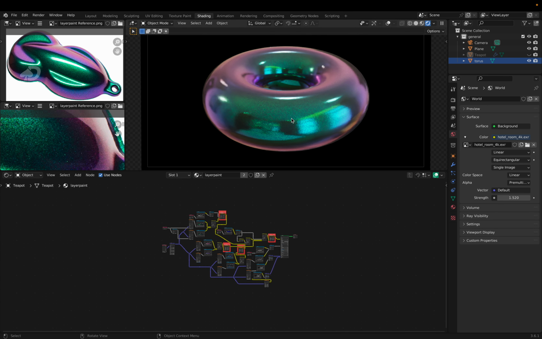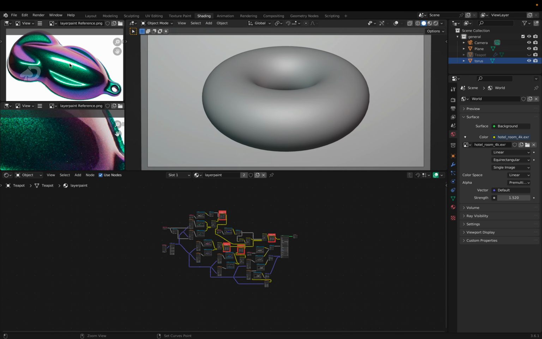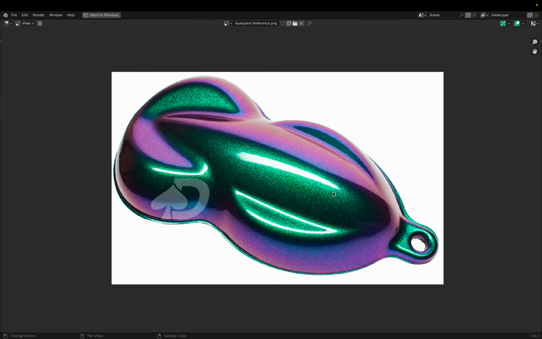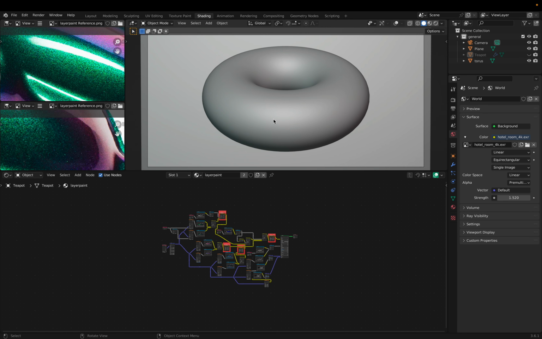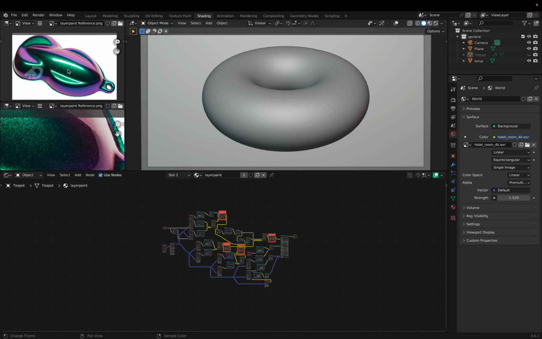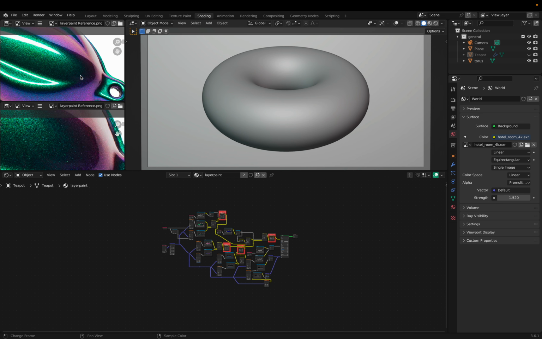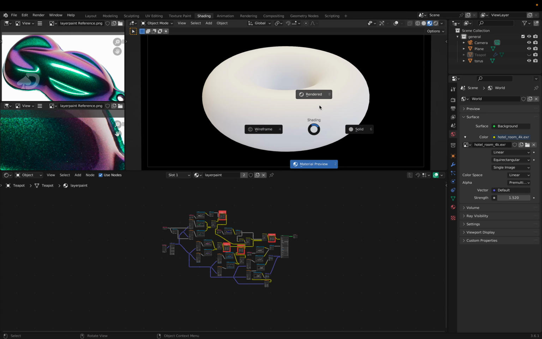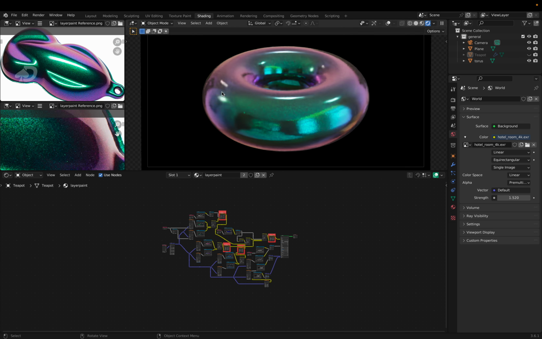And it looks like this. It looks like a kind of car paint, which I took reference from this image, which is real. This is a real car paint that people might actually use. And this was just used as a reference image at the top left, and I used it to sample some colors. So obviously it looks very similar to the reference image,